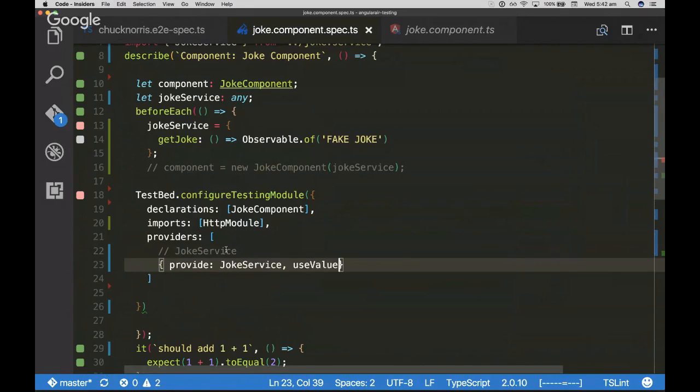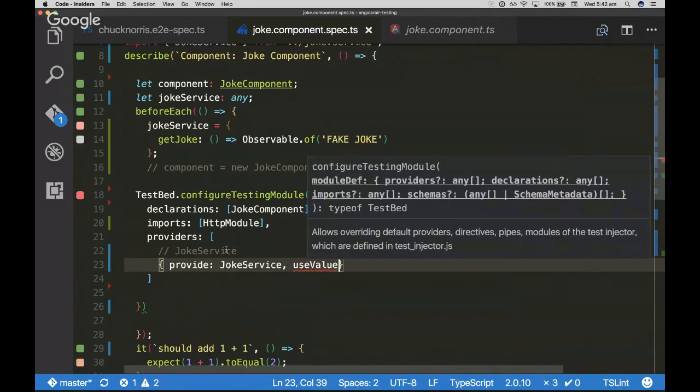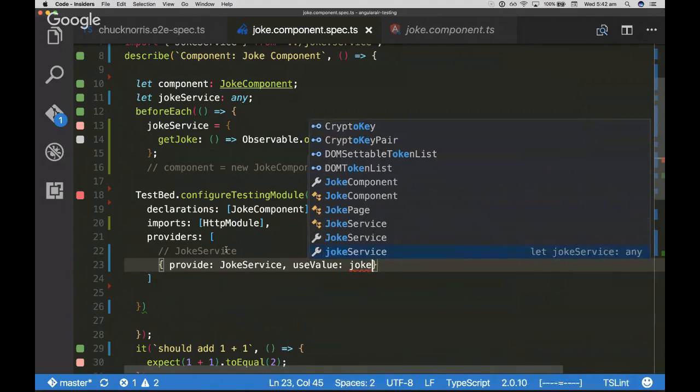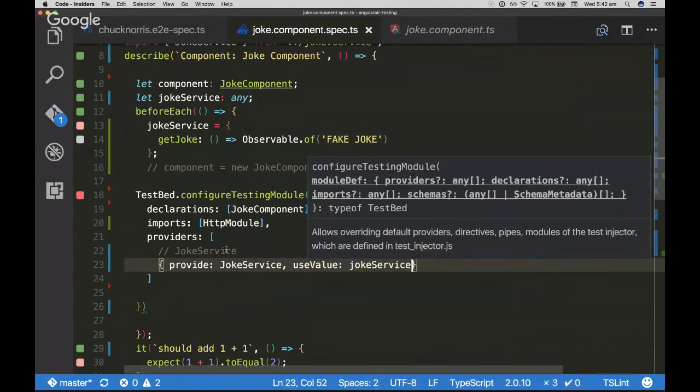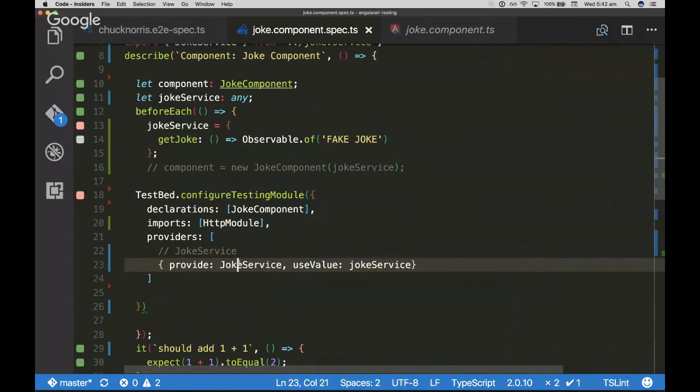So this is a really common strategy for being able to override that joke service with a fake like we've got already built here from Adam. So I can say use value and then pass in the joke service that we created locally here. So in this way, now anytime anyone asks for this joke service, they're actually really going to get this fake joke service. But for now, I want to show the alternate approach to doing a fake like this